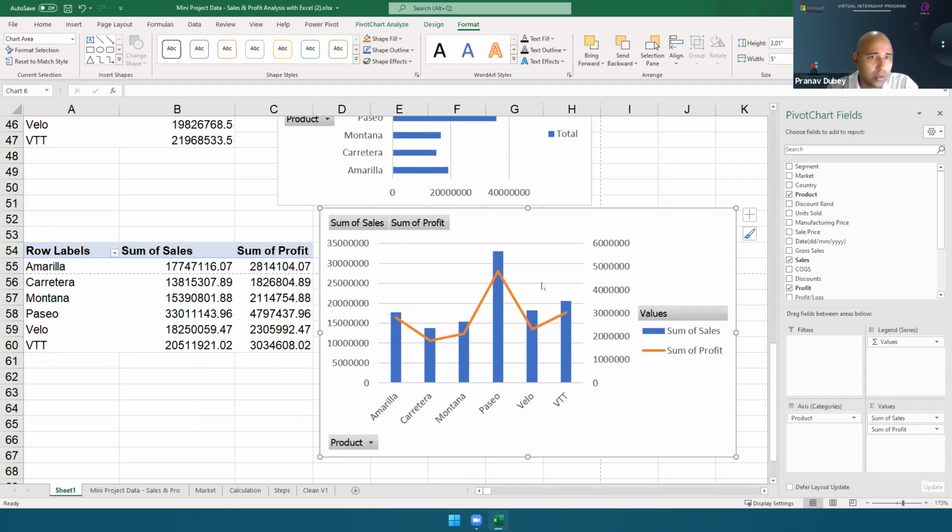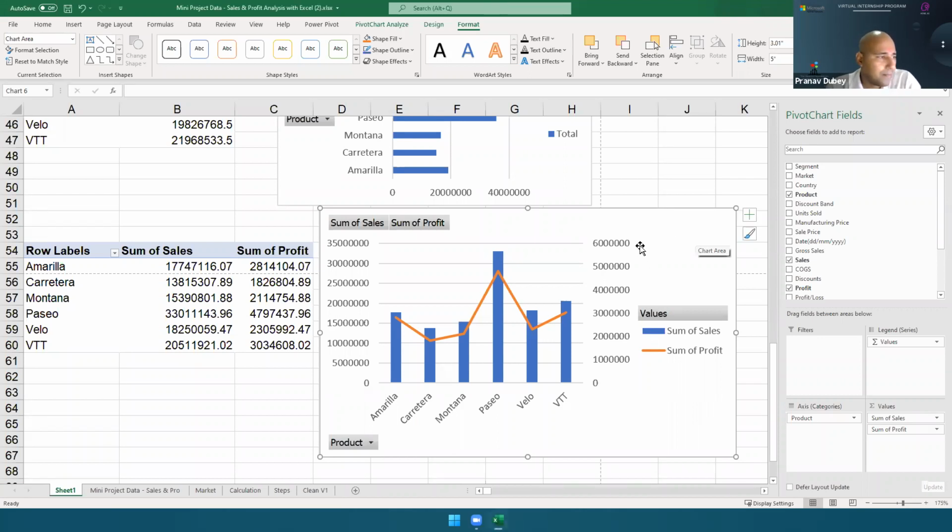A combo chart we are creating. Any problem? Okay, I'm taking your silence that there is no problem, so I will proceed.